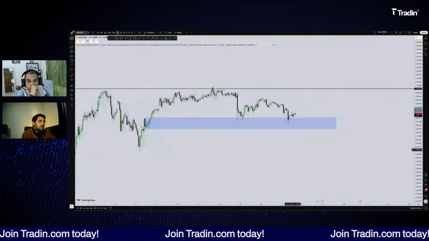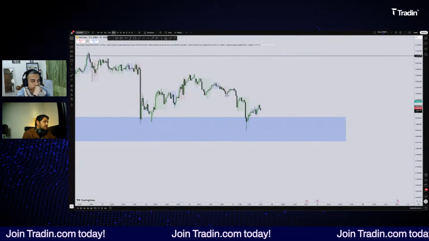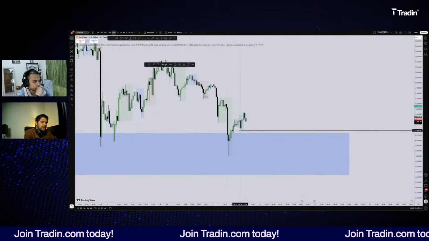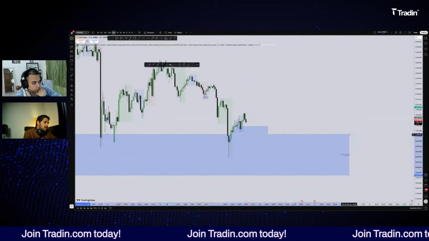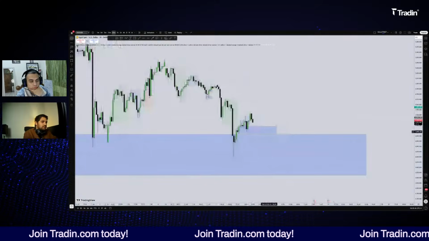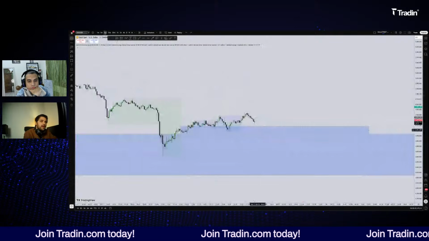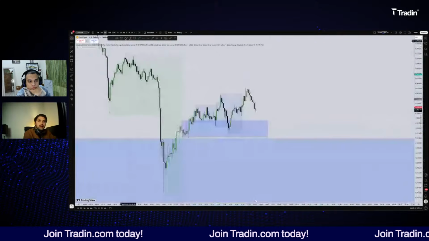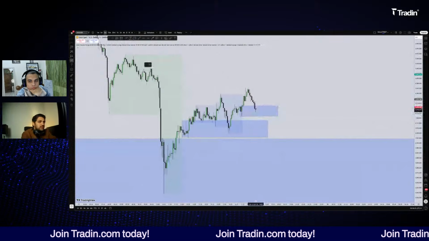Now, just looking at the 30-minute time frame, I see that as long as the price is staying above London lows, we are bullish, because right at London lows we also had this mitigated OB on the 30-minute time frame. So as long as the price is above this 30-minute order block, I am looking for buys as well. Now, further down, if I take this 30-minute order block as support, on the lower time frame there are some key areas to take a bias. For example, this is going to be a buy area for the price.